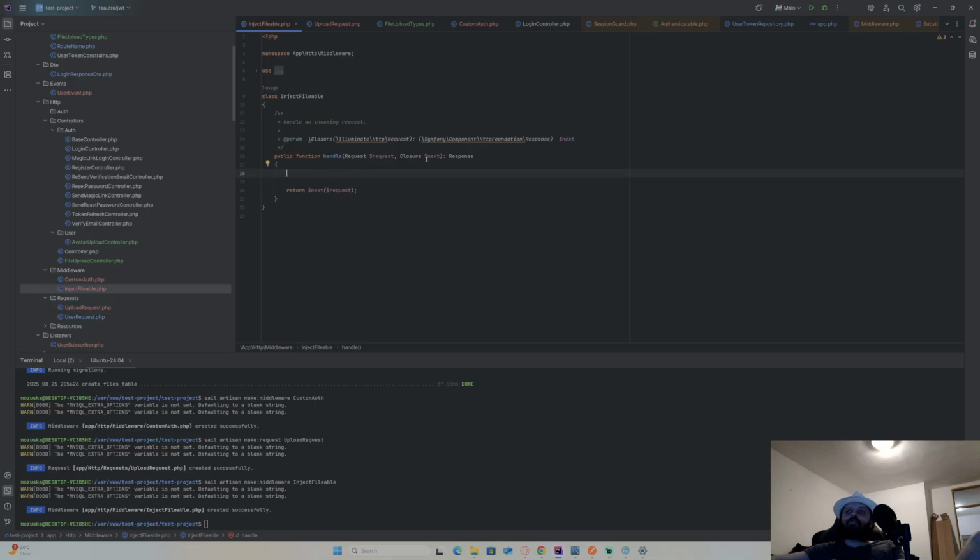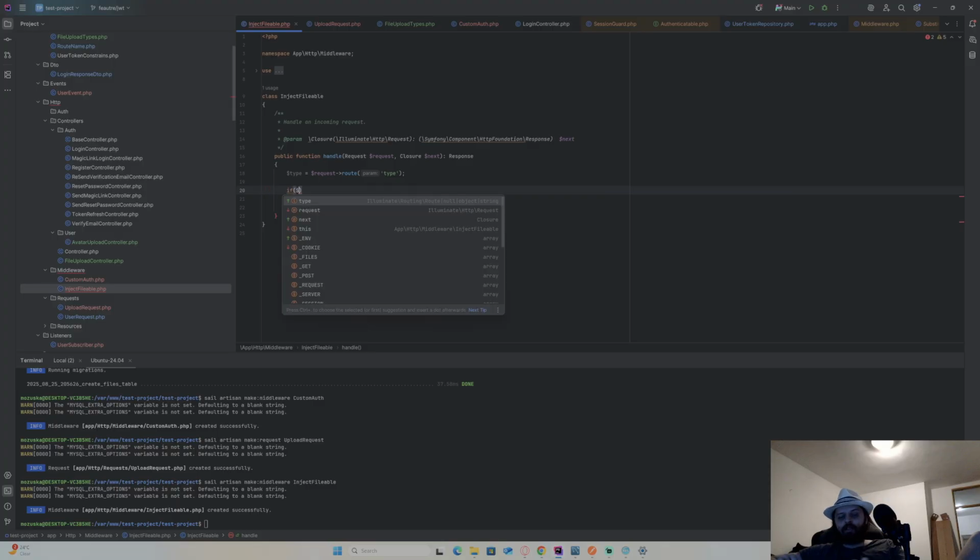First I need to get a repository, and I do have type in my request in the route. So type equals request to route. And I need to get type from the route. Basically I need to have type, so I don't need to validate this, but just check. Type needs to be required. It's in the route.